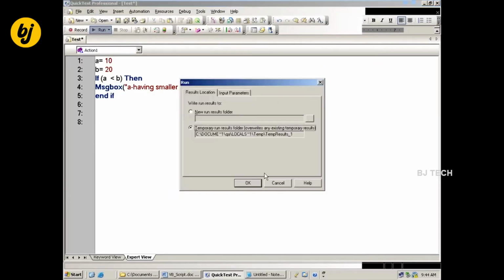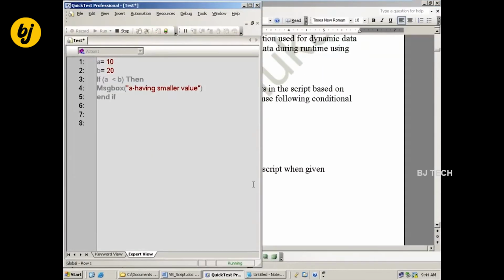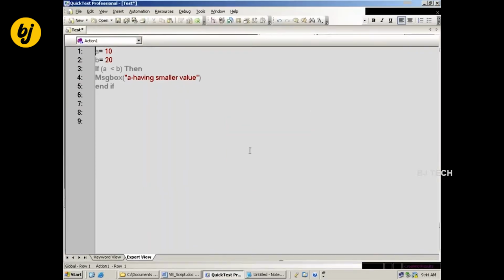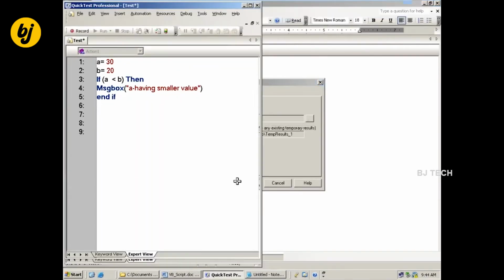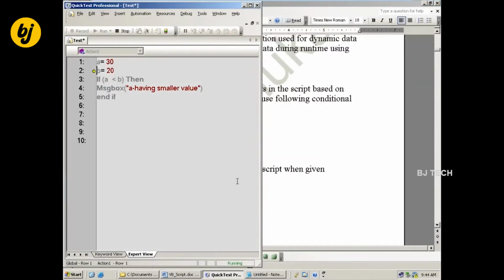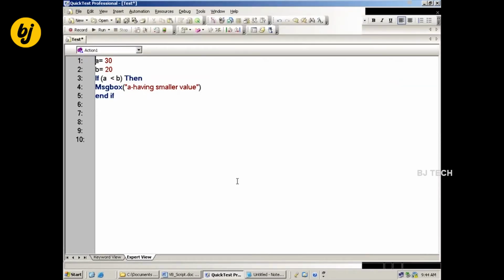If I run, it will execute that block of statements, message box A having small value, because the condition is true. If A value is 30, the condition is false, and if I run, it won't allow that block to execute.